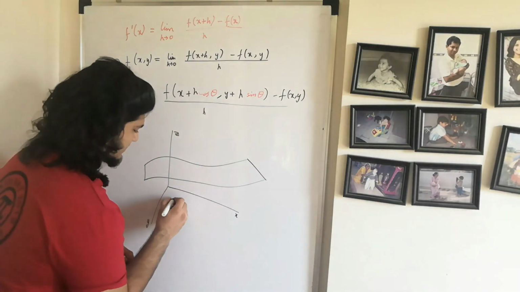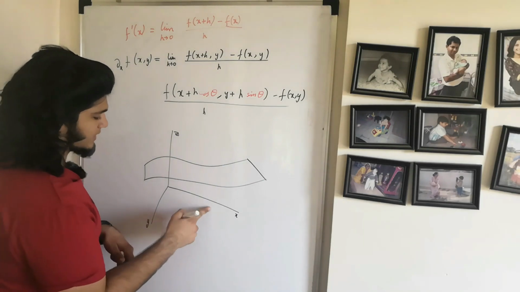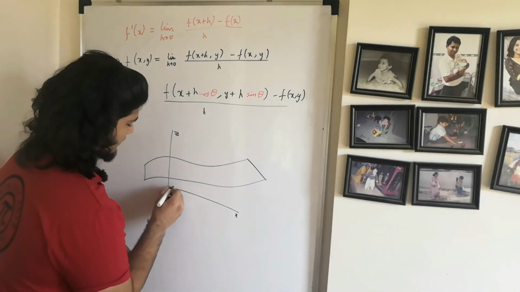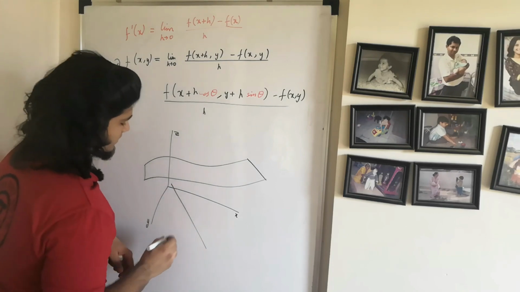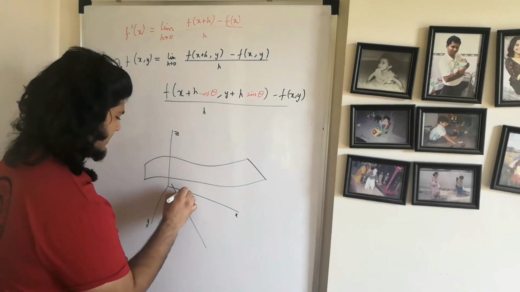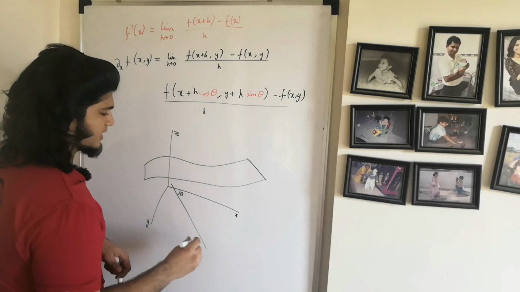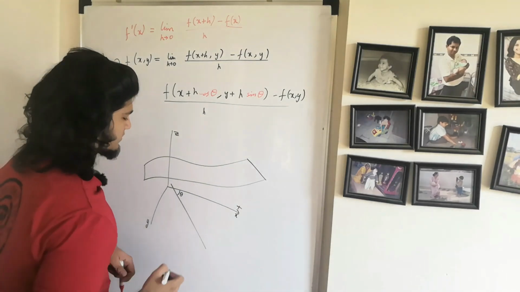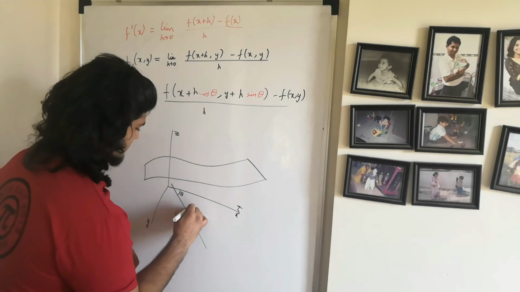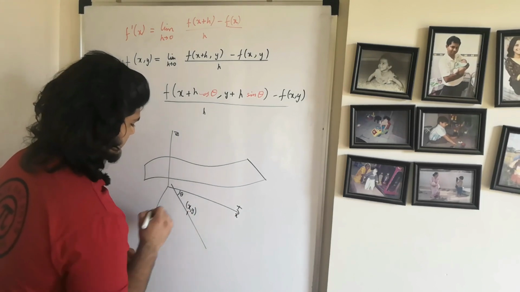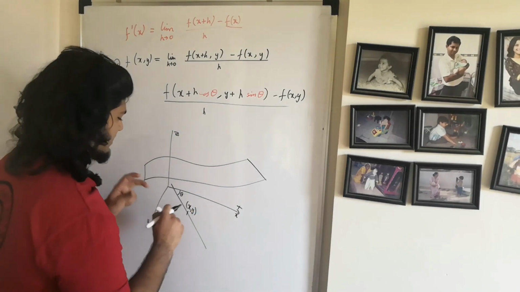And let's say instead of keeping either x or y constant, I drew a line on the xy plane, let's say something like that, which makes an angle theta with the positive direction of the x-axis. And let's say I take a point x comma y which lies on this line,